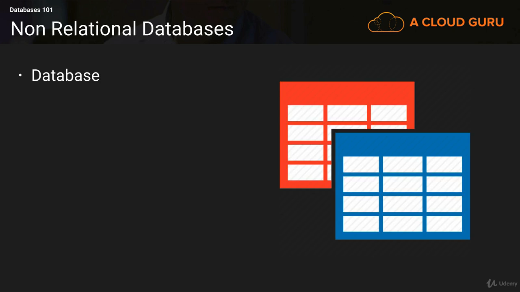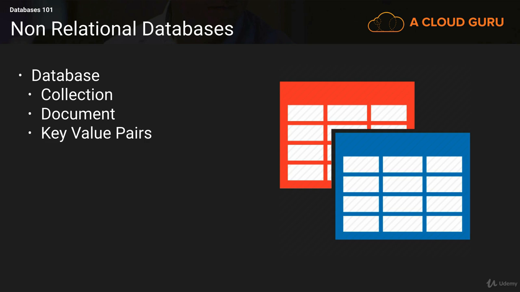We've got a database, and inside that database, we've got a collection, and inside a collection, we've got a document, and inside that document, we've got key value pairs. And you might be thinking, whoa, what does that mean? Well, let's have a look at what this means in a relational sense. So a collection is simply just a table. A document is simply just a row, and inside that document, you're going to have your key value pairs, and